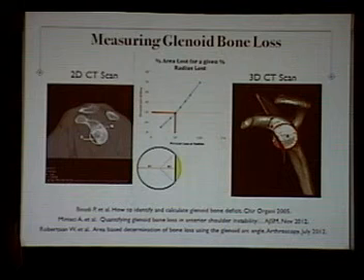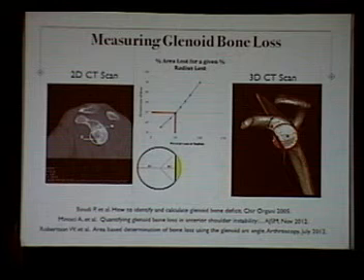This slide looks very busy, but I think it introduces a very important concept if you're going to measure bone loss before surgery. On the left is a 2D CT scan, which is sufficient to measure bone loss, but the concept is the inferior glenoid very closely approximates a perfect circle. So if you place a circle on that glenoid and look at where the bone is missing and make a measurement of that area versus the area of the glenoid that's intact, that will give you a percentage of